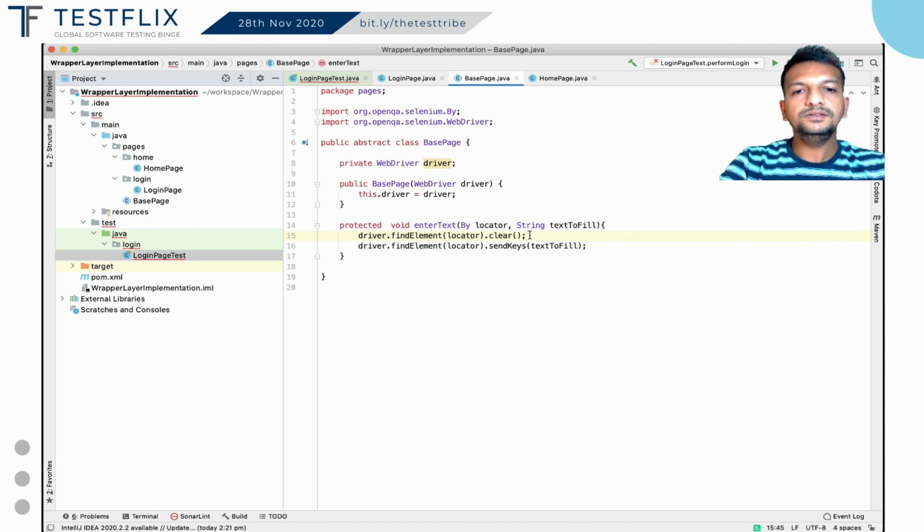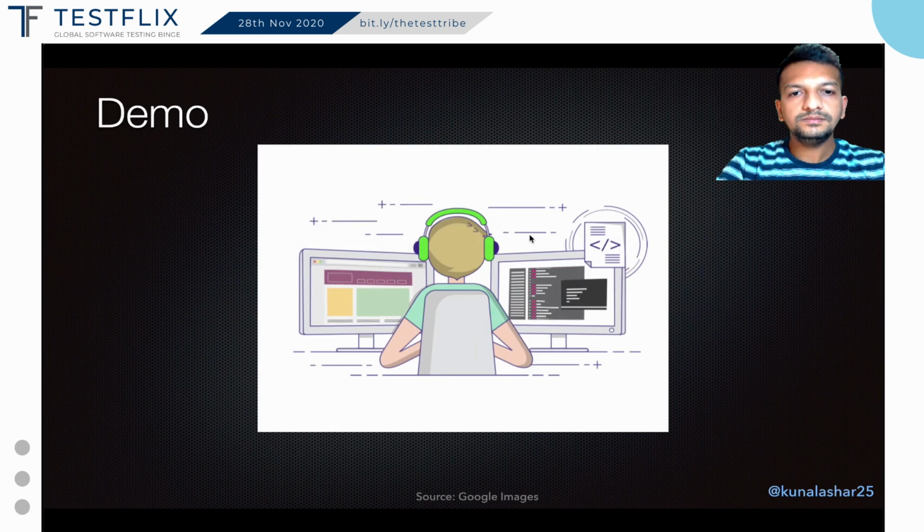If you get any new requirement, you just need to make the change at a single point and your entire project should work as per the new implementation, instead of modifying n number of classes at n number of points. So that's it from the point of wrapper layer.